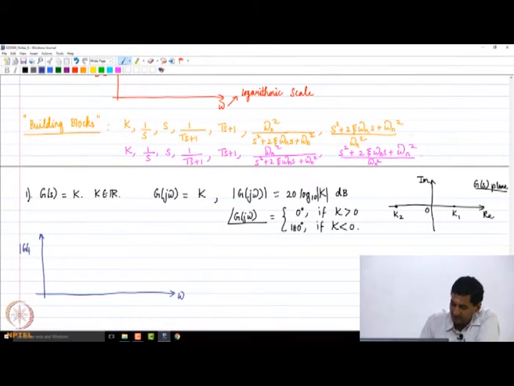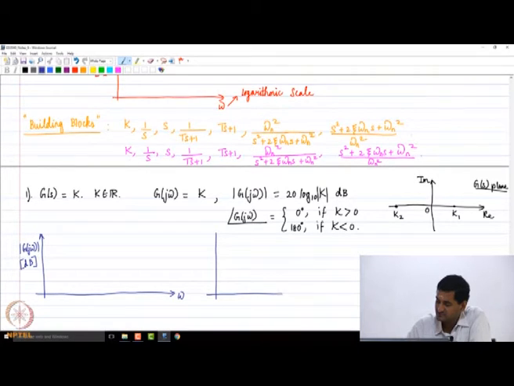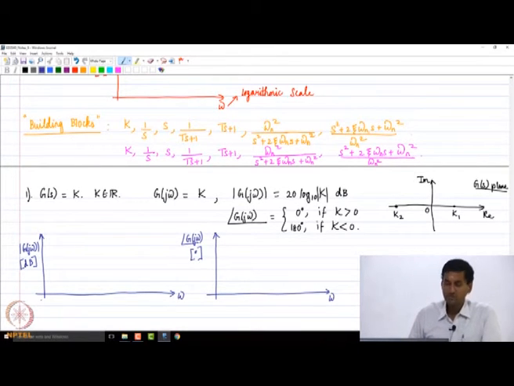If I draw the magnitude plot and the phase plot, I plot the magnitude in decibels, and the phase plot where the phase is in degrees. So what is going to happen to the magnitude plot? I will just have a straight line with respect to omega. That's it, right? Where this value is going to be 20 log to the base 10 of k, correct. So in the phase plot,